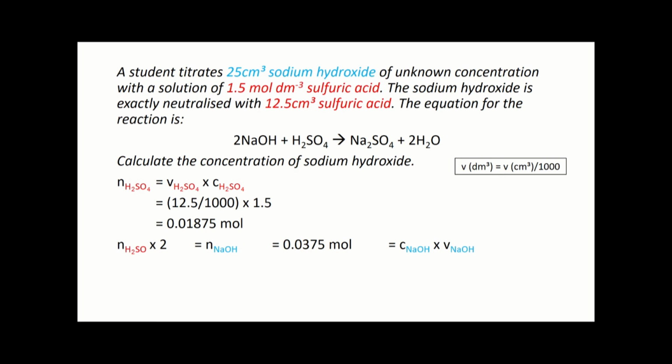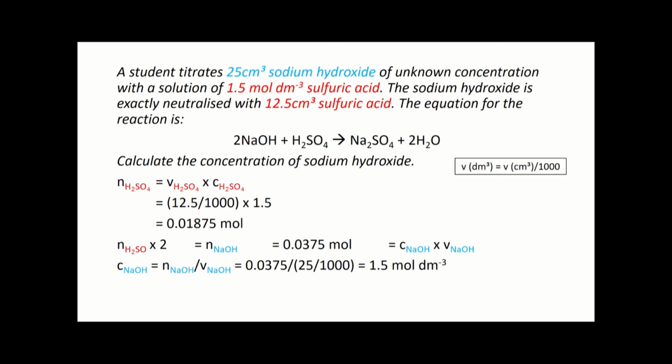So we are going to then just rearrange that equation again. Okay, number of moles equals concentration times volume. Therefore, concentration equals number of moles divided by volume. So we have the number of moles being 0.0375, and we're going to divide that by the blue number we have there, which is 25, but again it's in centimeters cubed, so we're going to divide that by 1,000 first to put it into decimeters cubed. We end up with this calculation here: 0.0375 divided by 25 over 1,000 equals 1.5 moles per decimeter cubed,